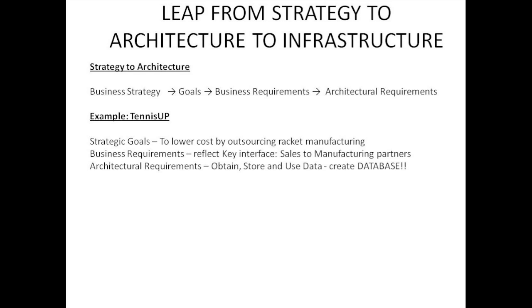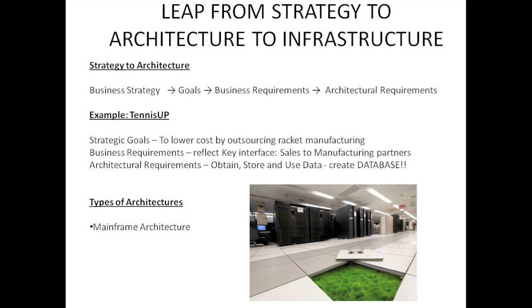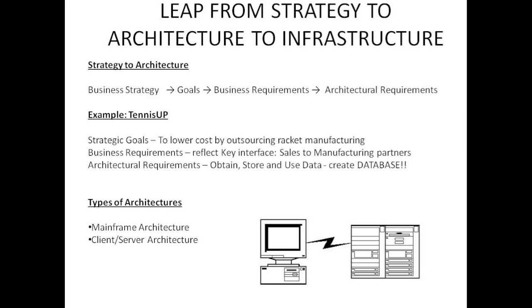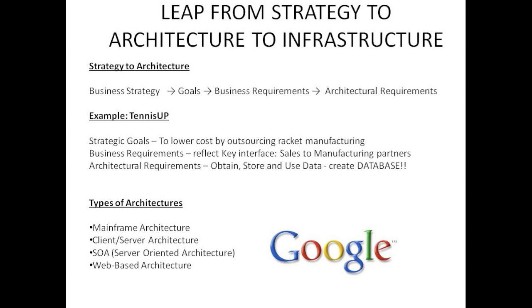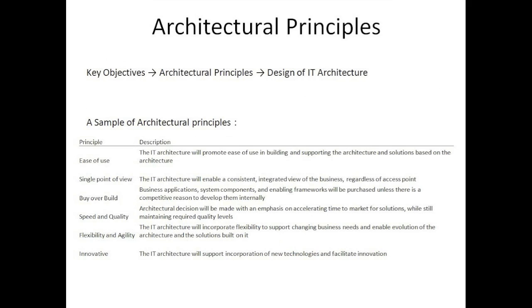There are various types of architectures. The mainframe architecture uses a large central computer that handles all the functionality of the system. The client-server architecture is one in which the client software program requests and receives data from the server's software running on a separate computer. Service-oriented architecture is large software programs broken down into services that are then connected to each other to form the applications for an entire business process. Web-oriented architectures are architectures in which significant hardware, software, and possibly even data elements reside on the internet.